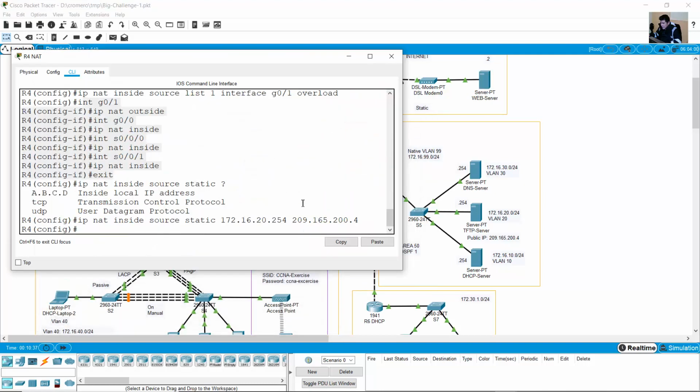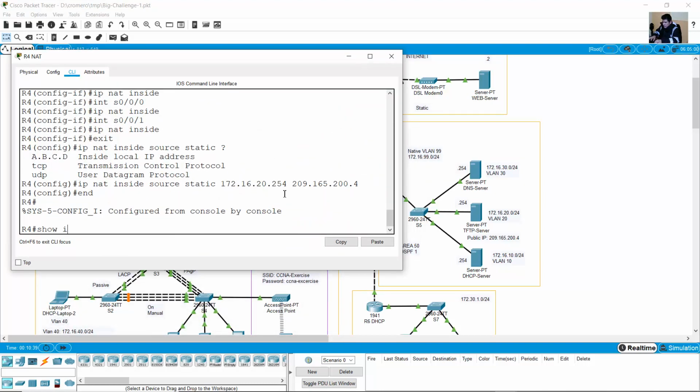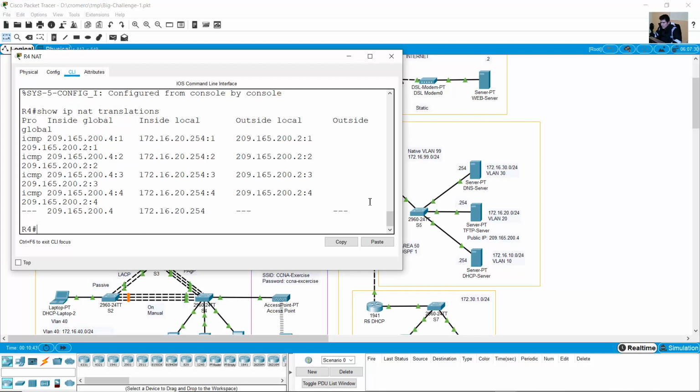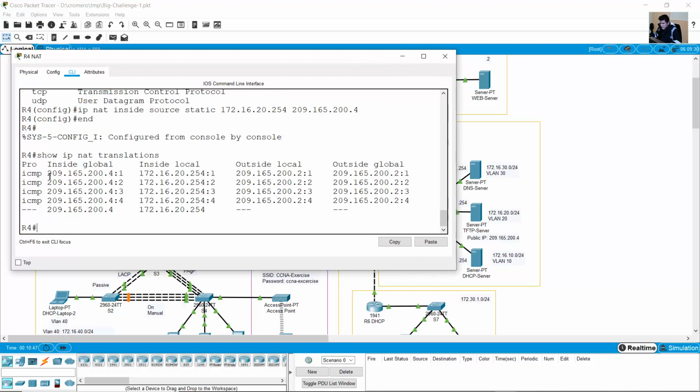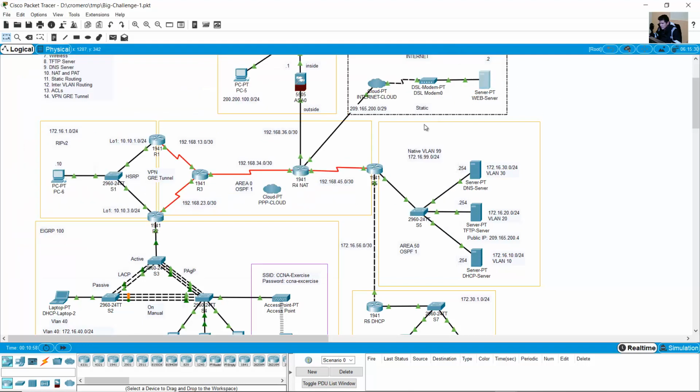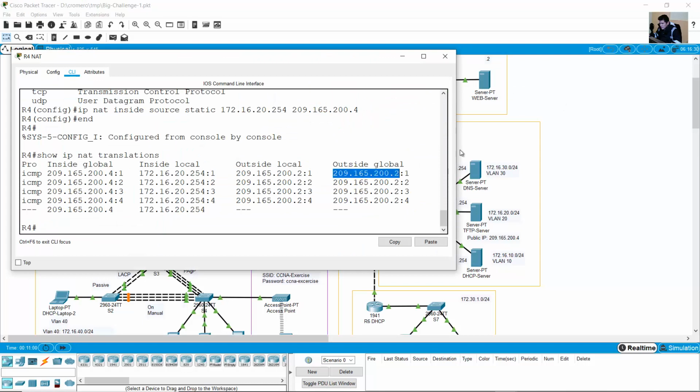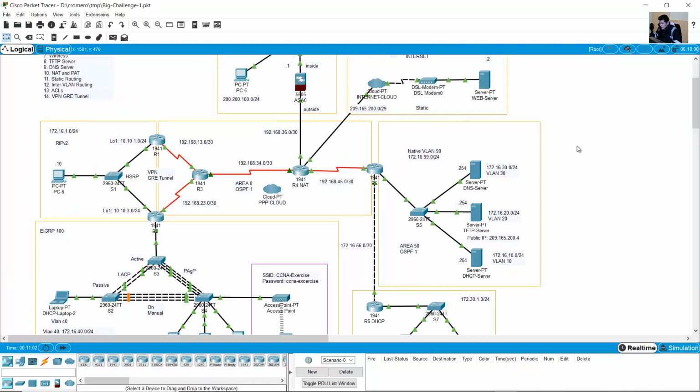So go to R4 NAT and show IP NAT translation. You can see the translation for the inside global 4. The inside local is 20.254. The outside local is 2, the web server, and also this is the web server. And to verify